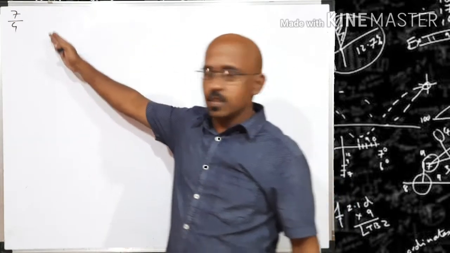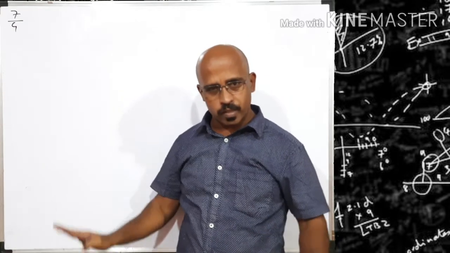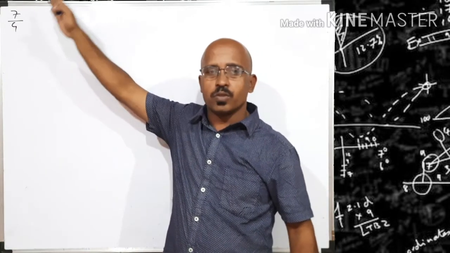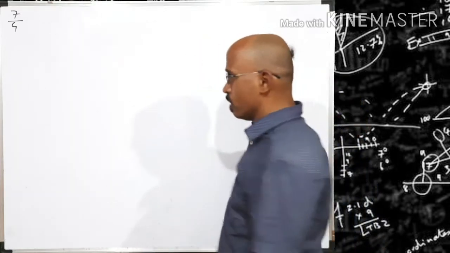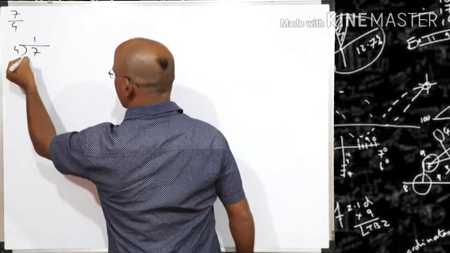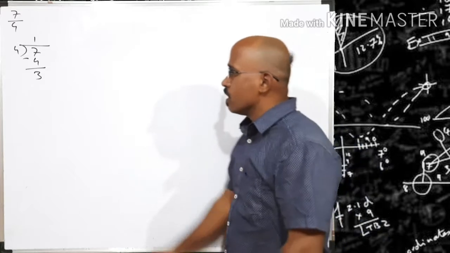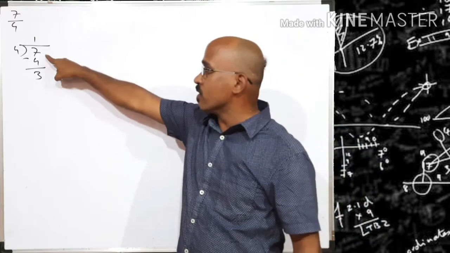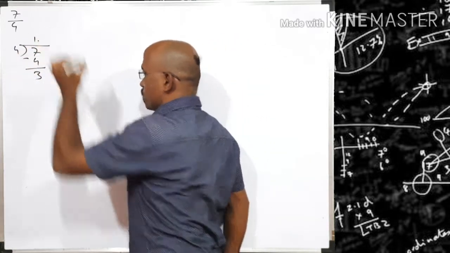Once again, a fraction is nothing but numerator upon denominator, which means numerator divided by denominator, right? So here we just have to divide this numerator 7 by denominator 4. So let's go. 7 divided by 4. 4 1 is 4. 7 minus 4 is 3. Clear? Now, whenever the given number finishes, what do we have to do? We have to give a decimal point in the quotient.